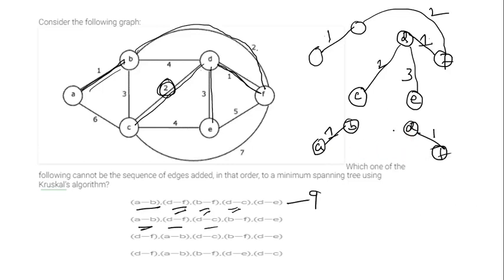So DC is 2. Okay, DC. Then BF is 3. Sorry, BF is not this one. What is BF? BF is this one. BF is 2, this one. But in this case, why am I visiting B and F? BF has already been visited. What is the need? I mean, once again.